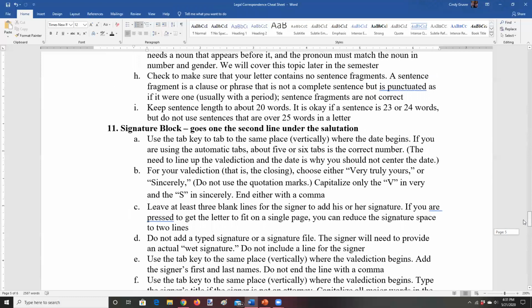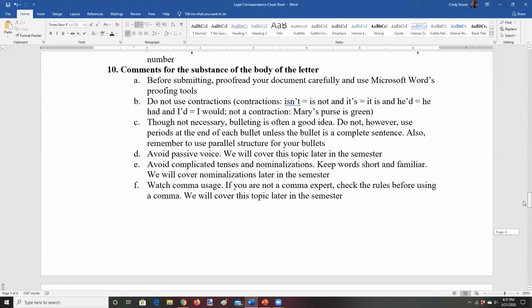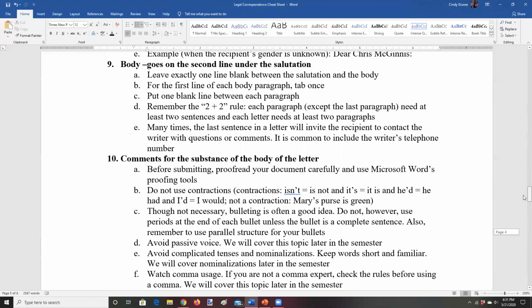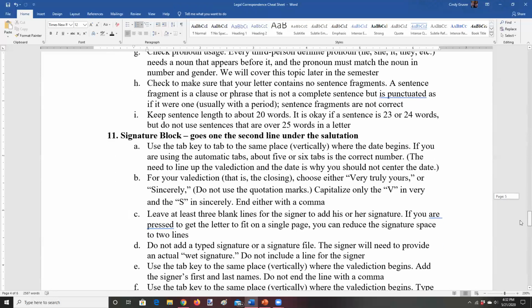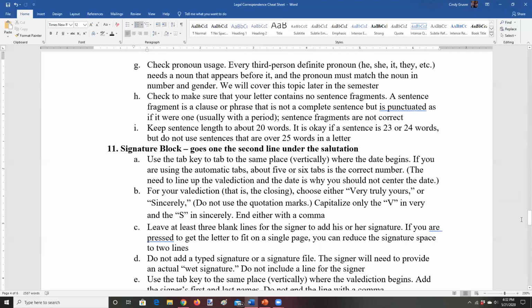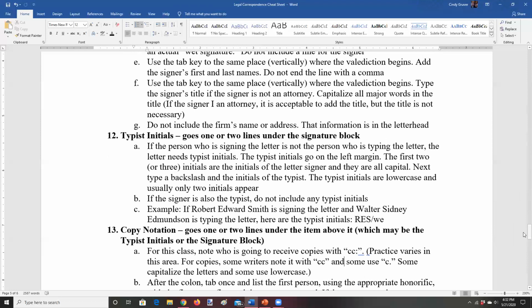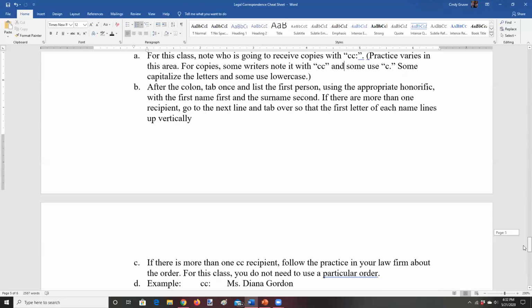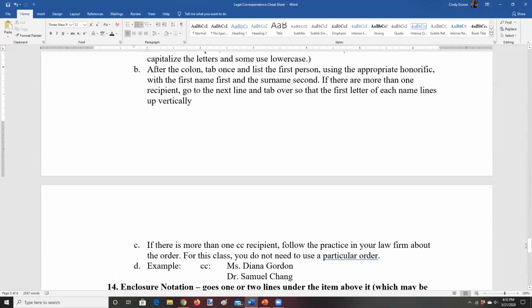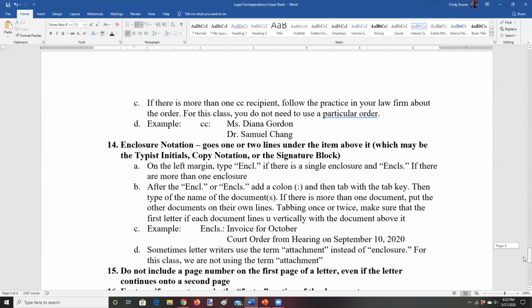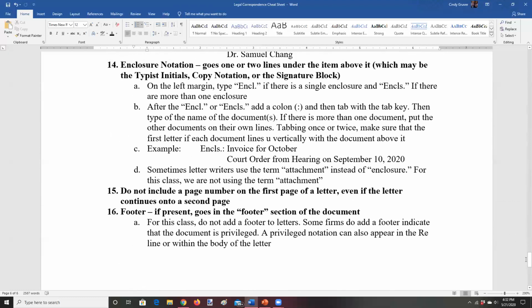Let me just go back and show you the content that we covered here. If you didn't have a chance to write everything down, here's our body and here's our comments. Pause me if you need to. I'm going to scroll down a little bit more. And a little bit more. And we are done. So be sure to keep these notes handy,